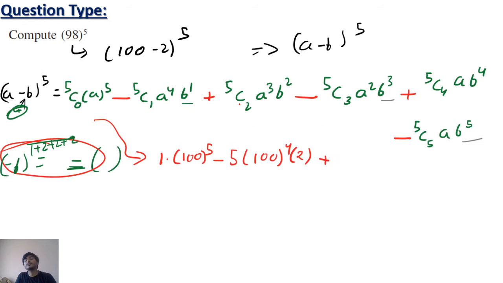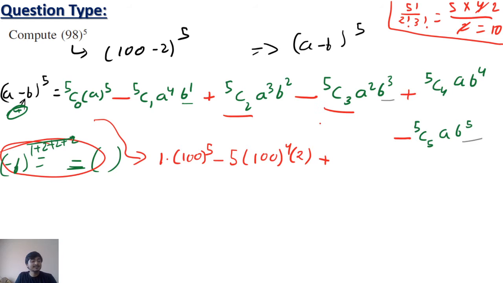Now we need to find 5c2. So 5c2 I am trying to find out here: 5 factorial by 2 factorial into 3 factorial. That will become 5 into 4 divided by 2, which is 10. So 5c2 and 5c3 will both be the same, because 2 plus 3 is 5. So I can directly write this as 10 a cube,